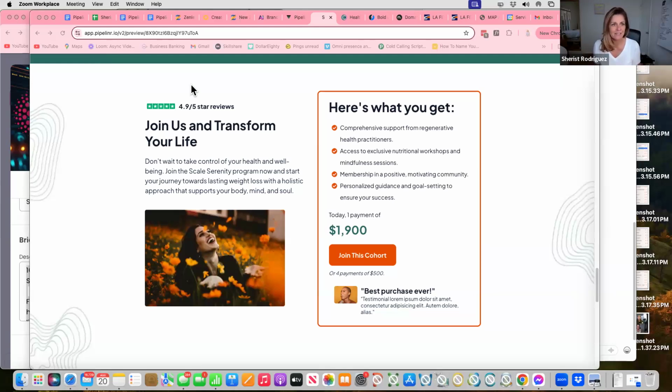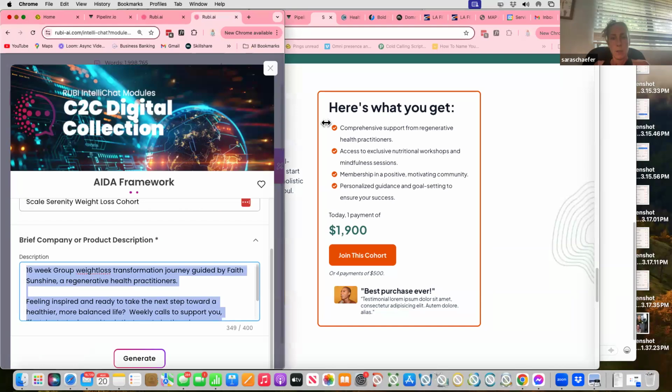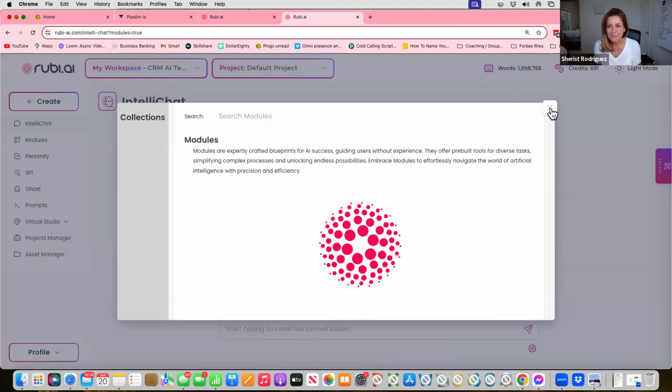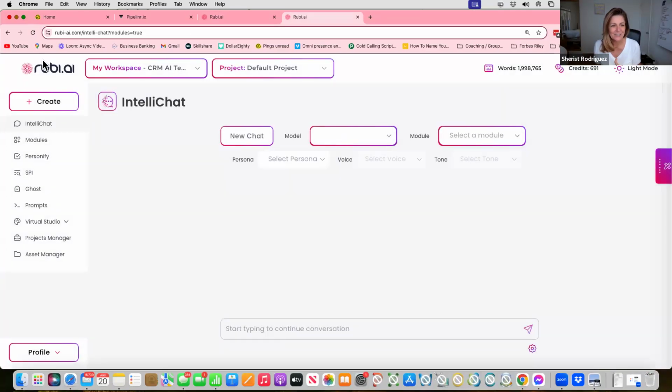Have either one of you played with the new Personify? I built a persona the other day. Okay, isn't it pretty cool? And then have you used IntelliChat with the modules? Yeah. Okay, cool. I know, and I can't wait for Canvas that are coming out soon too. I don't even know how to process that. I know. I haven't been on the calls lately and I really need to.